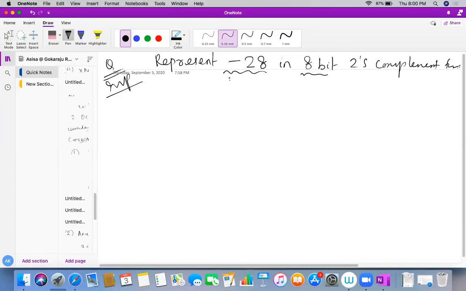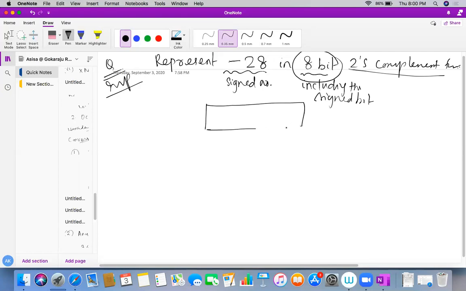Remember, this is a signed number. The clues I am writing here: this is a signed number. You have to represent it in 8-bit 2's complement form. The 8-bit is including the sign bit. Next, you have to represent it in 2's complement form. So if you want to represent minus 28 in 8-bit 2's complement, obviously one bit I came to know.